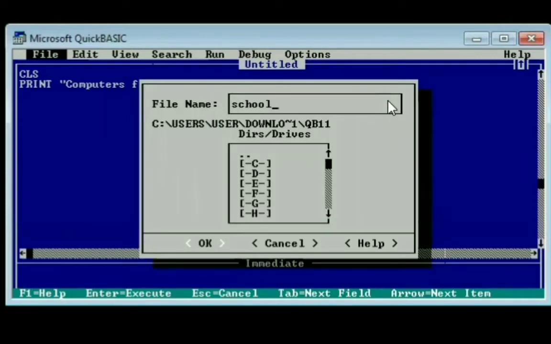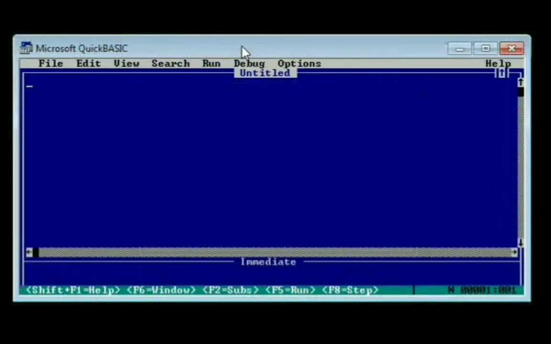Now children, let us take an example that is given in your book at page number 67. In this example, we will make use of the print command to print Computers for School series, volume 1, volume 2, volume 3 and so on. So for this, I will write the print command as follows.